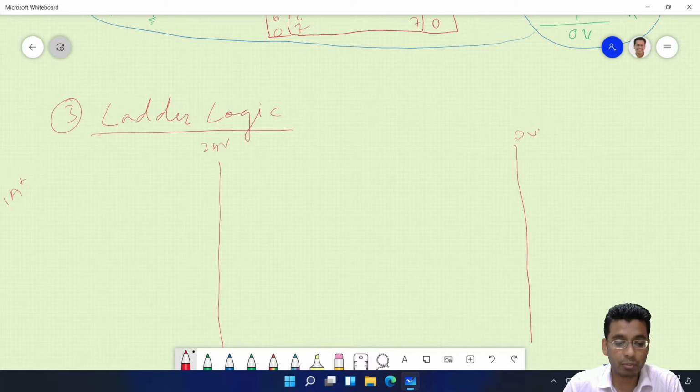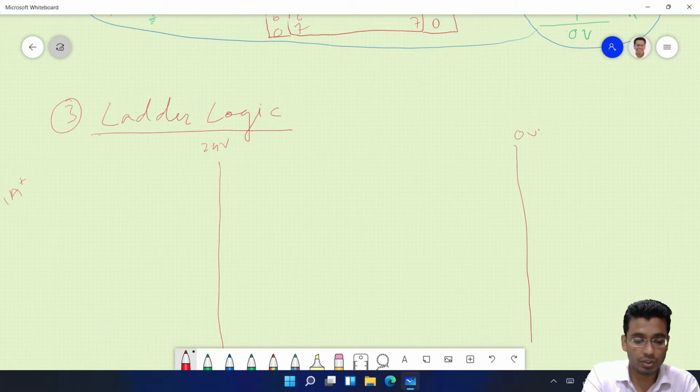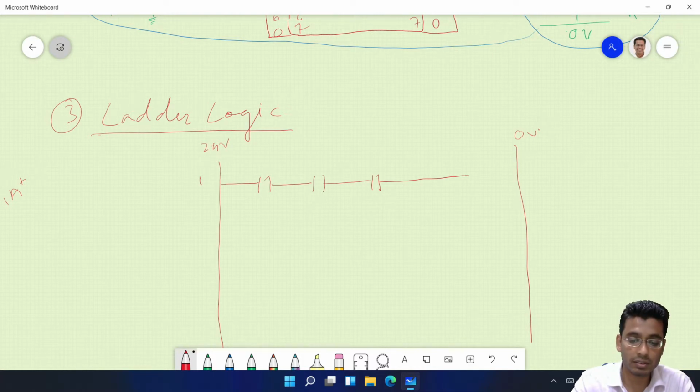So you will be having basically how many contacts here? 3 contacts in the first rung. Good. So basically I'll be having 3 contacts, 1, 2, 3, and then what will come here? 1Y1, OTE in the form of 1Y1. Okay.